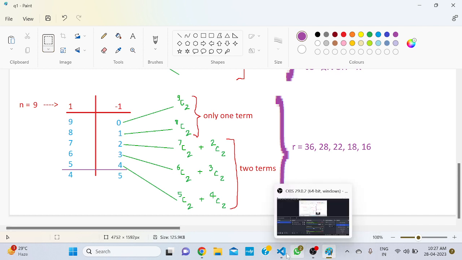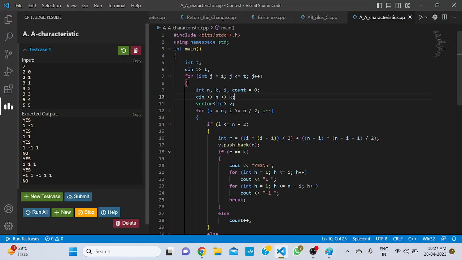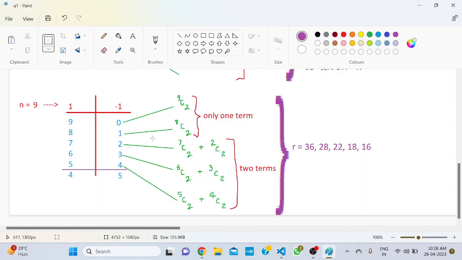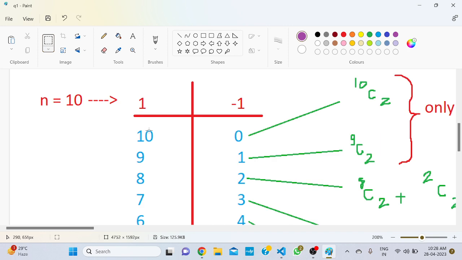So let's see the code. First we have declared a vector v, and in this vector we will store the values of k. So for i equal to n, i greater than or equal to n by 2, i minus minus. Here why I have written this, you can observe that, look,